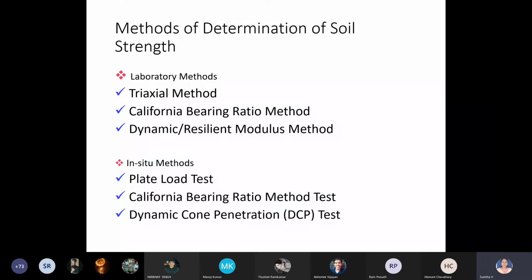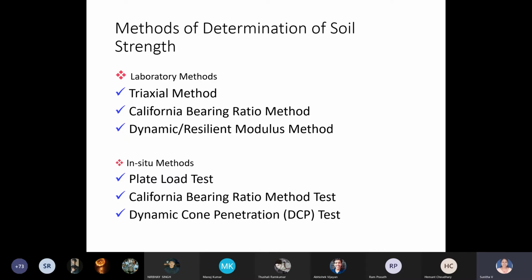Okay, then the dynamic cone penetration test. This is a way of cone penetration to see if your soil is very good. If you drive this cone or some other equipment or a needle into the soil, and you give one single blow, if your soil is weak, then it will just pass down. So what is the number of blows required for 1 centimeter of penetration? The number of blows required depends on the strength of the soil. That is what you are finding in the dynamic cone penetration test.